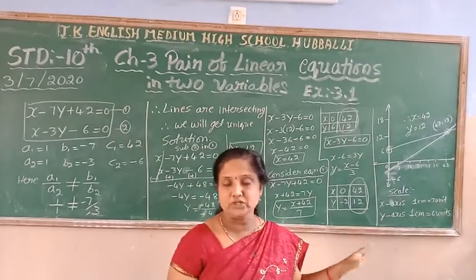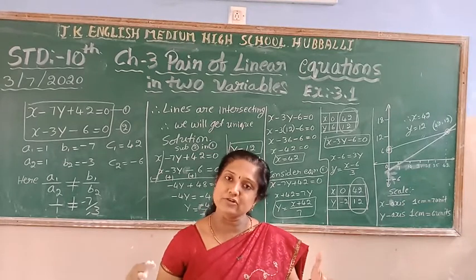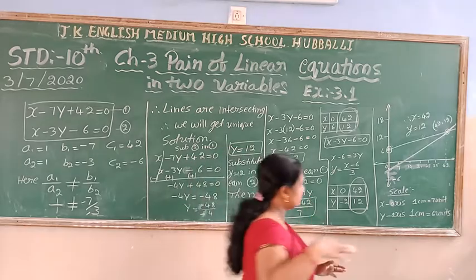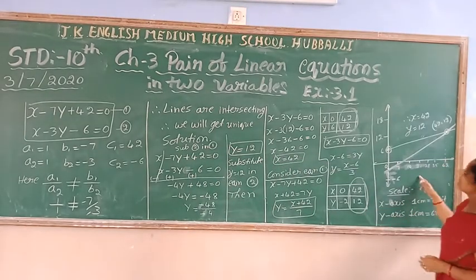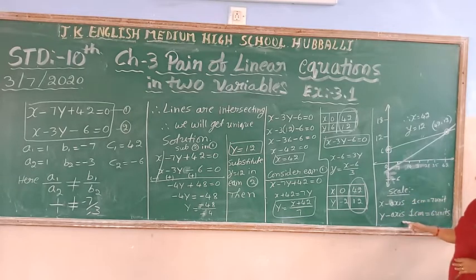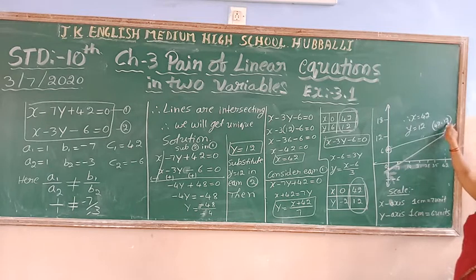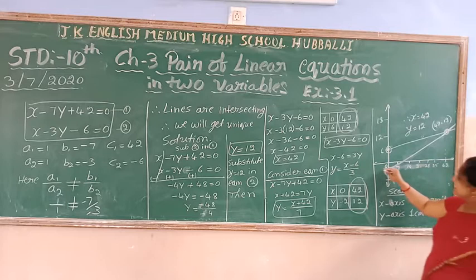So first, by using that method we will come to know what is the value of x and what is the value of y. So we can substitute and find out what the intersecting point is. Then we mark the graph. Graphically I have to represent. The scale I have written here down. On the x axis, if I take 1 centimeter is equal to 7 units, and on the y axis I take 1 centimeter is equal to 6 units. Then if I plot the graph, at this point, that is 42 and 12, both the lines are going to intersect. So this is the solution actually. This is the x coordinate and this is the y coordinate. This is the x axis, x dash, y dash, y axis.